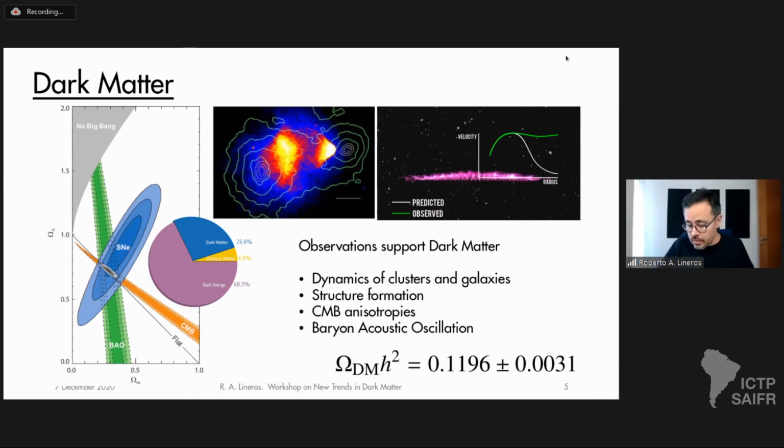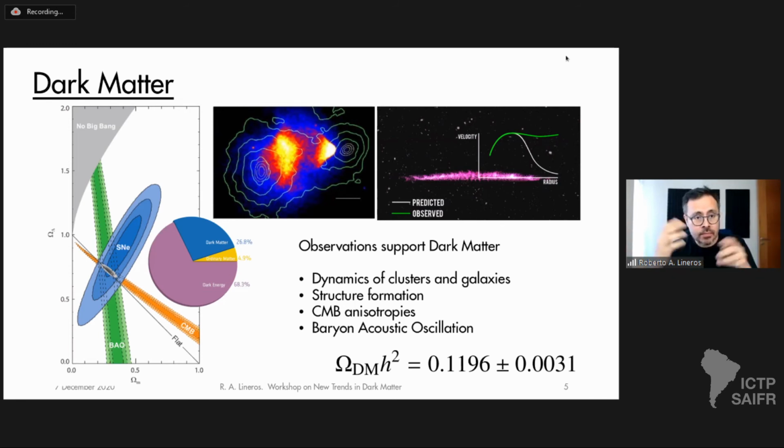But in any case, this extra component of matter has a very large imprint on the galactic and universal evolution, as supported by the dynamics of clusters of galaxies, the CMB, and baryon oscillation. Even though we don't know the exact nature of dark matter, we know that it's there, and at least 85% of the total matter in the observable universe is dark matter itself. So this is a very important proof that we still don't know most of the observable universe.